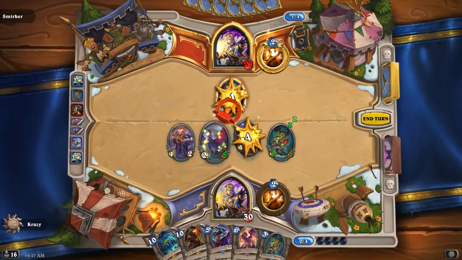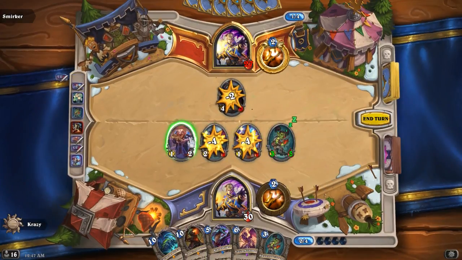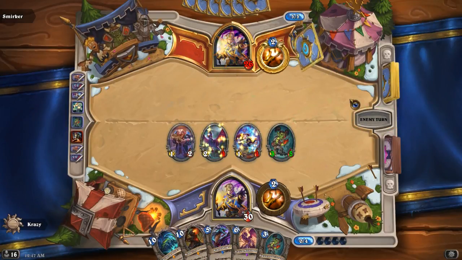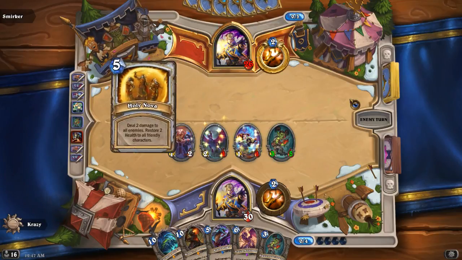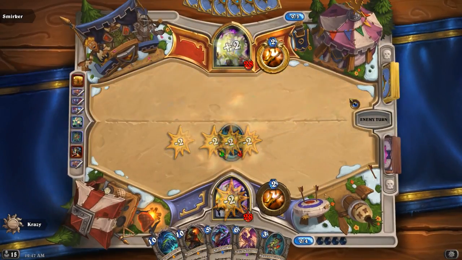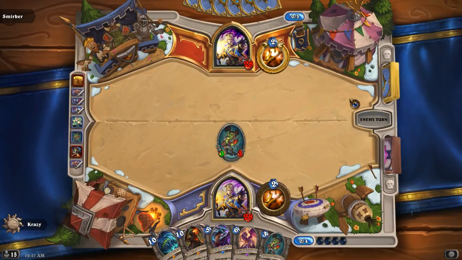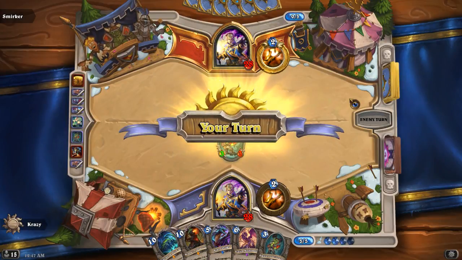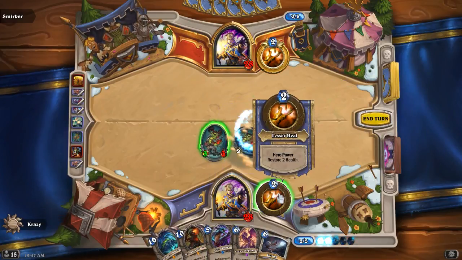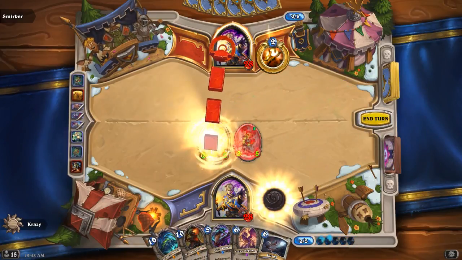Plot twist. Don't touch that! Resurrect. With the... oh, it's a Nova. Okay. Oh, that's pretty good too. And that is, not for me, obviously. But if you resurrect, I can now